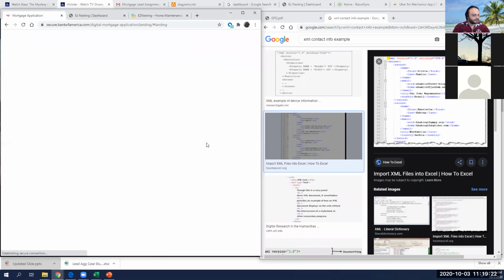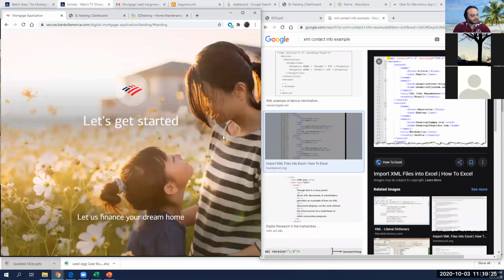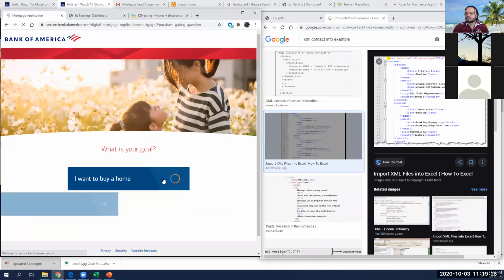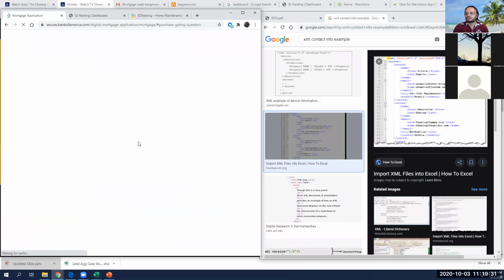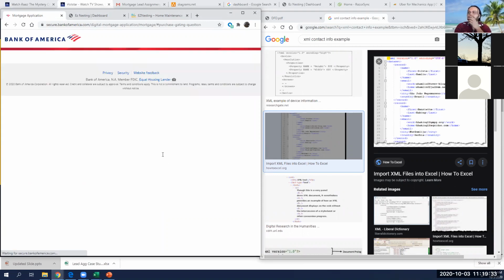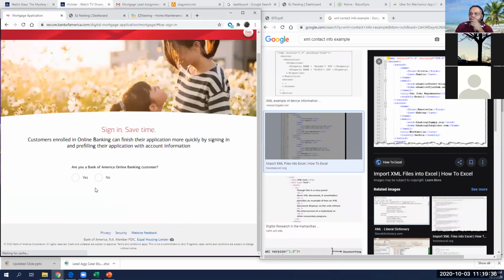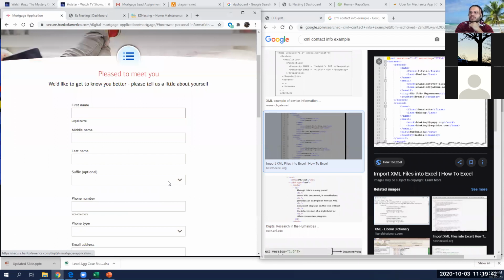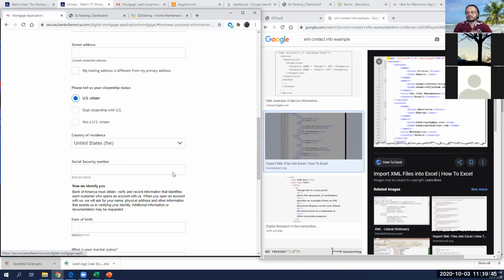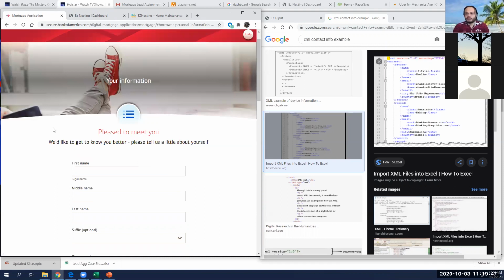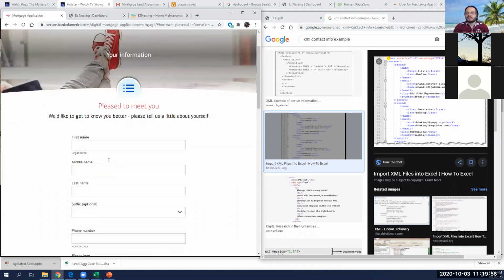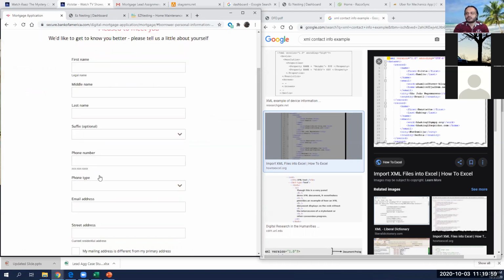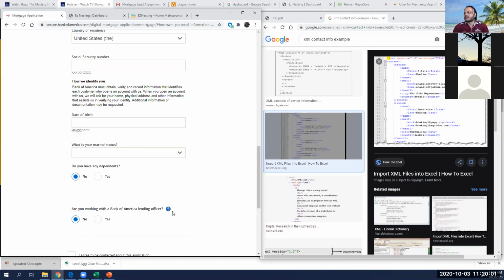I'm clicking on apply now for you. So this is the form, the apply now form. Whether you build this form, or any calculations, or any other form, this is the method, this is how you build it. On the user interface you see first name, middle name, last name, suffix, phone number, phone type, and this big list. In the application programming interface,